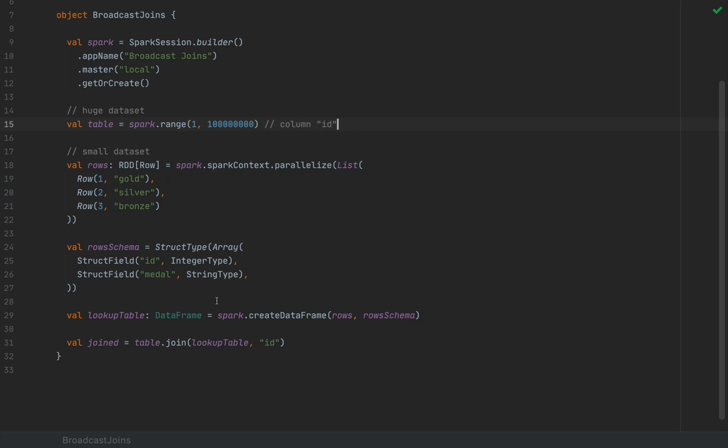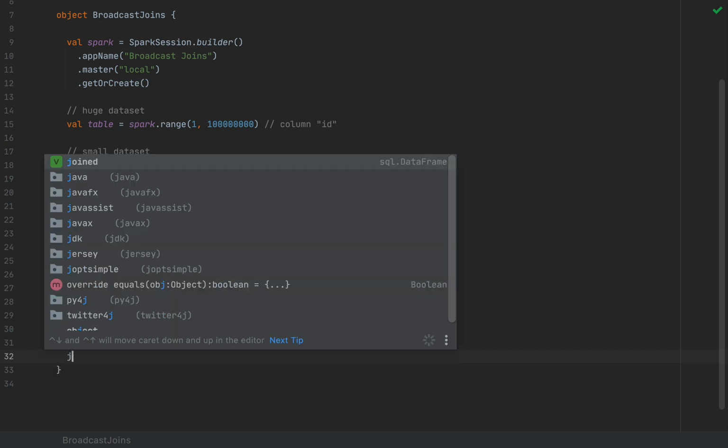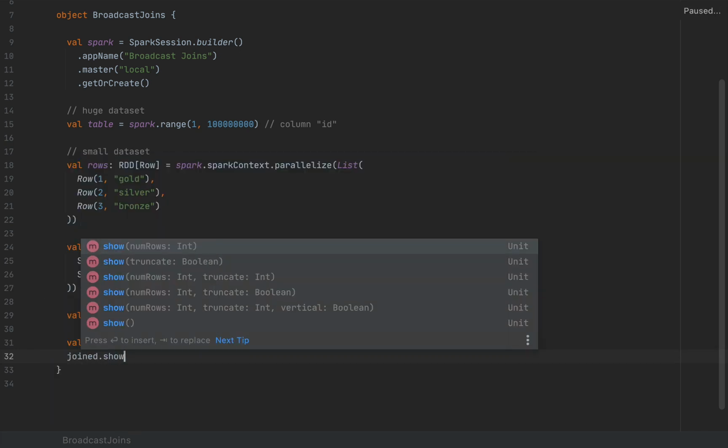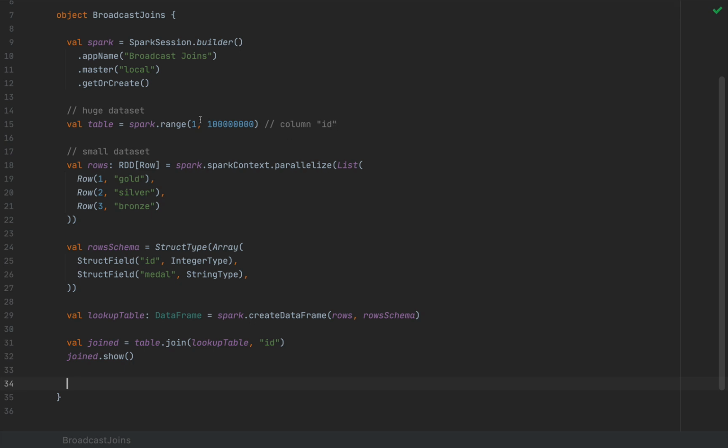So column ID is the common matching column that we are going to use for joining. And if we wanted to say joined.show, just to see which number got the gold, silver, or bronze medals, this is how we would show this